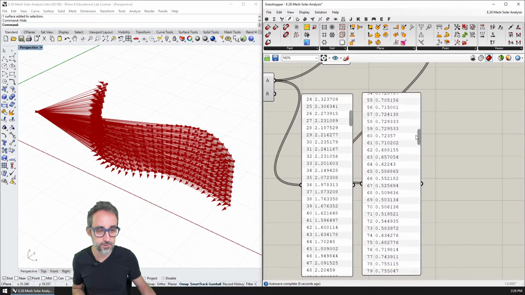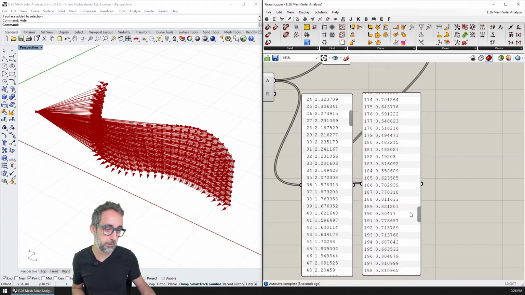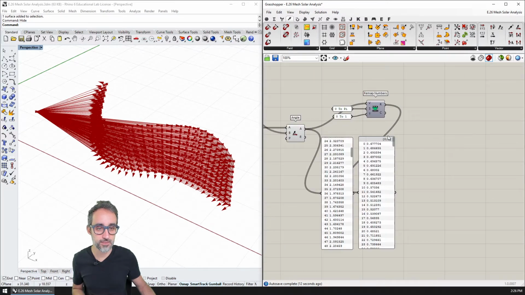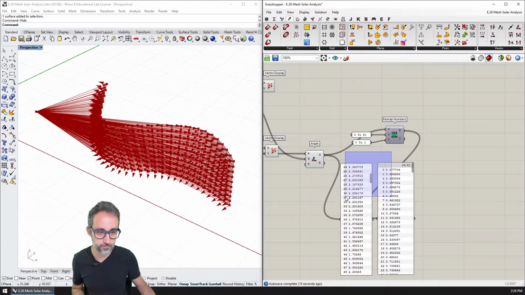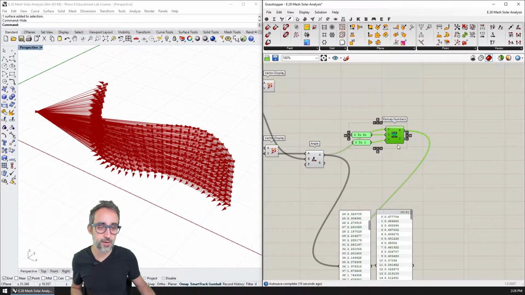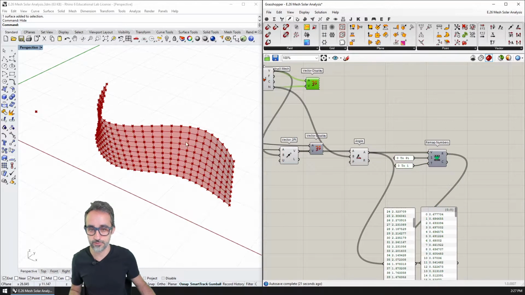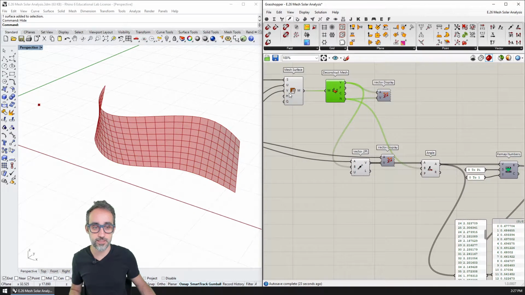And we can see that there's no value really that is close to 0. I can't really see many. No. So they're always somewhere in the middle. Okay. All right. So now I have a list of numbers. I'm going to turn off all these vectors, and I'm just going to keep the mesh, the clean mesh.